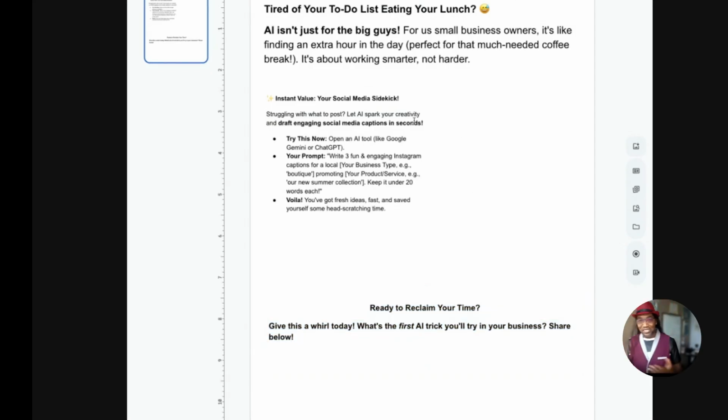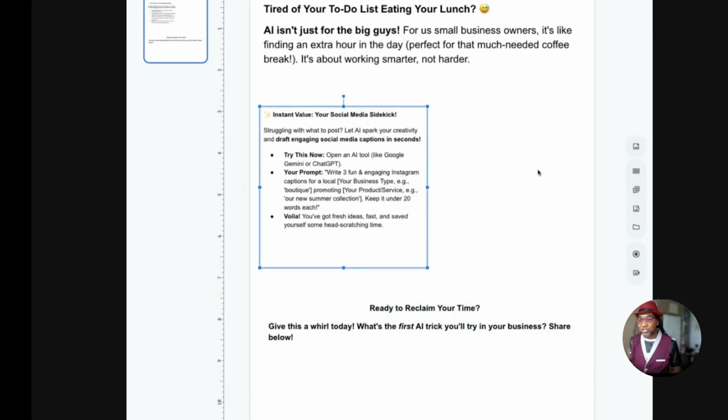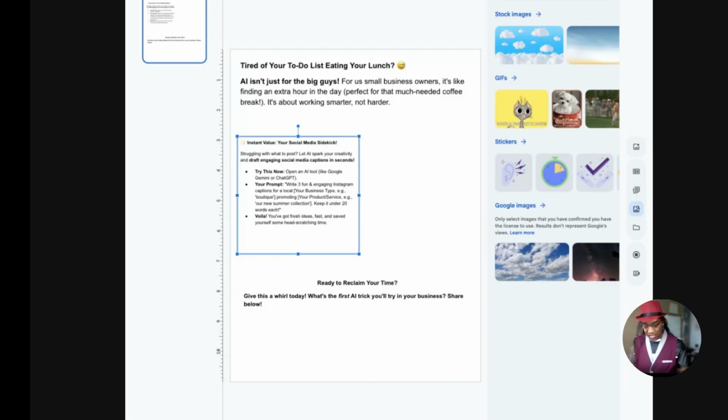Now, this is the slide, but it ain't quite there. We still have to do some more formatting. So what I'm going to do is go over here to this stock and web, where I can use photos and images Google already has in stock. I'm going to add it to our slide. This is about my AI business. I said AI business.